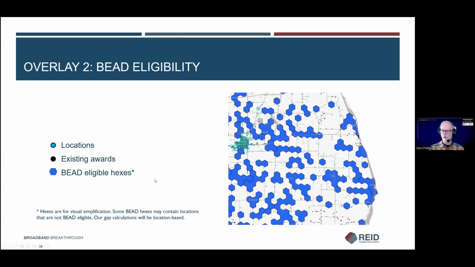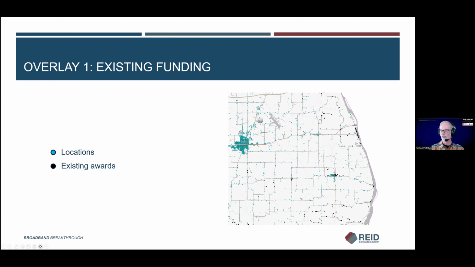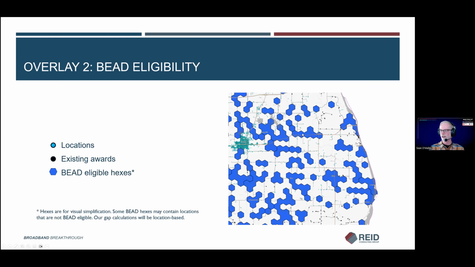Then I'm going to overlay the BEAD project area units from the state. And again, as we mentioned right before this, inside of these there might be some locations. If you notice, there are all these locations here when you overlay the blue hexes. Some of those locations may be BEAD eligible, some of them may not be. I just didn't want to have a bazillion points in this view because it gets really visually busy. But when we actually do the analysis of where the gaps are, we'll be looking at the actual locations.